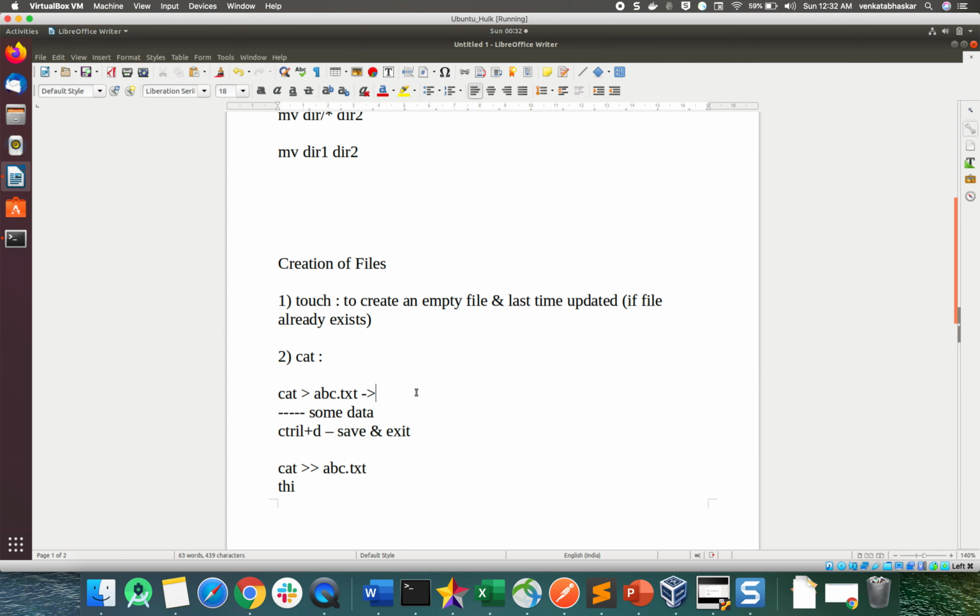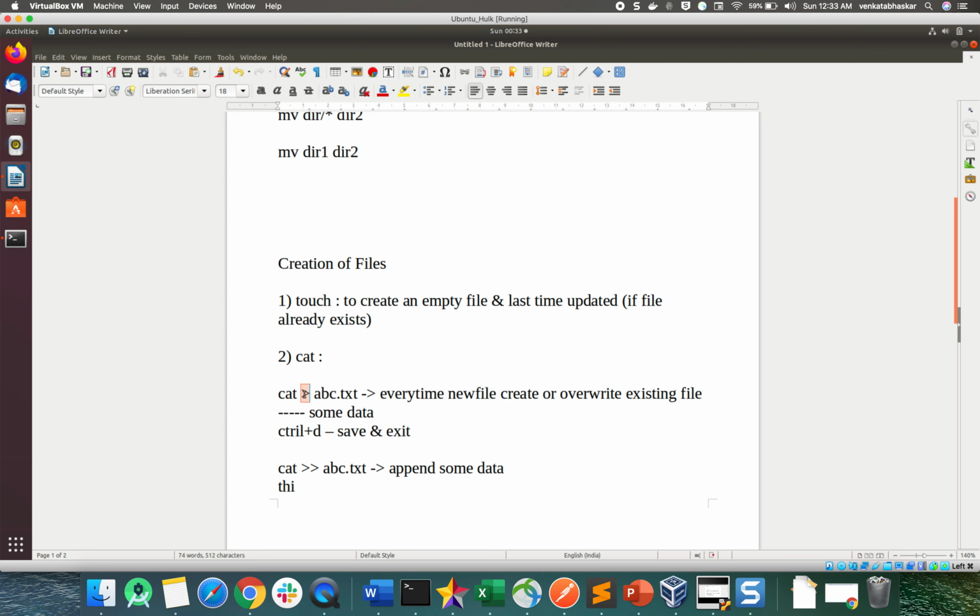Here you can say that every time it creates a new file or overwrites an existing file. Double arrow mark means we can append some data.